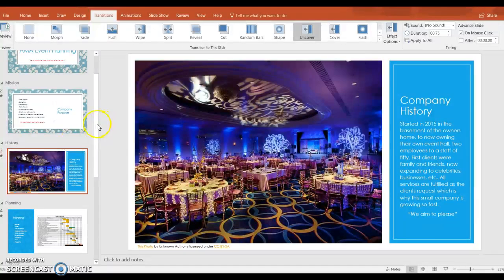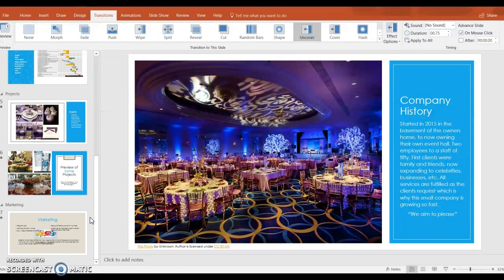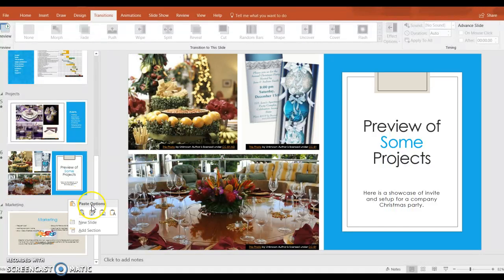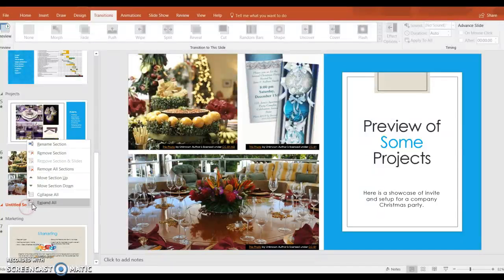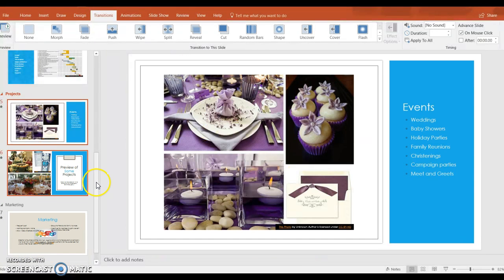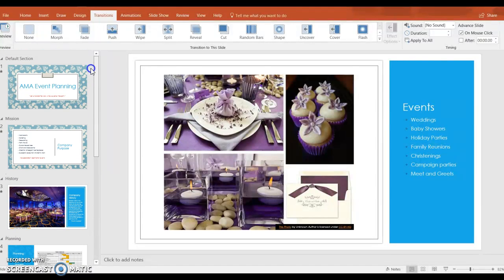Now, in this chapter, I learned how to add sections, which is something that you would do here at the bottom of a slide. You would come down and basically in between the slide, you can select here and add section. Once you add the section, it'll give you a chance to rename the section, and you would do so by doing that. Now, I did not know how to do that before this chapter,